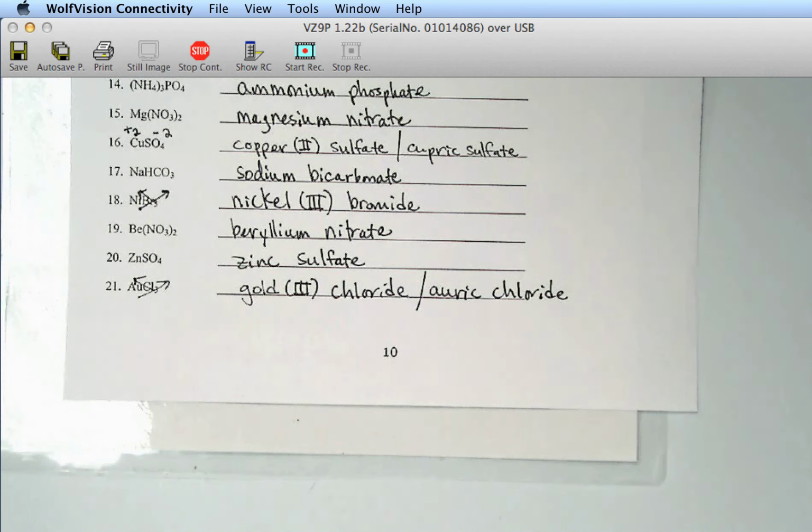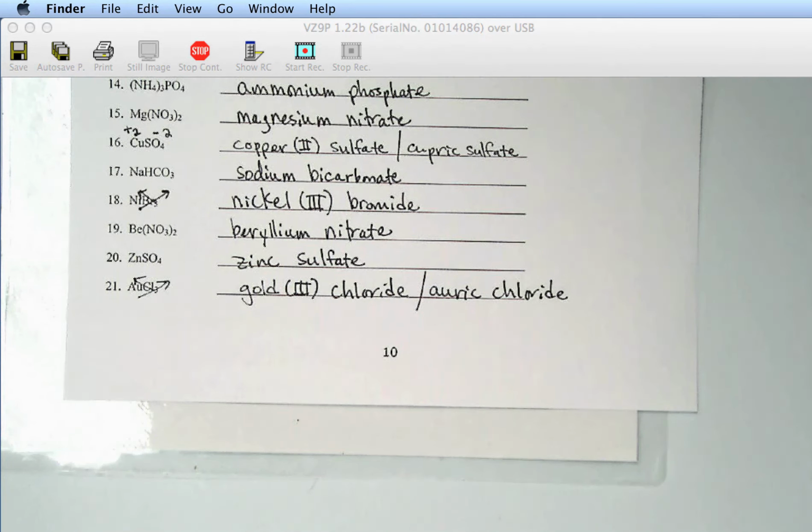So I really want you to keep practicing this nomenclature. Work on experiment 8. It will help you tremendously. Memorize those polyatomic ions. And the quiz is just on the